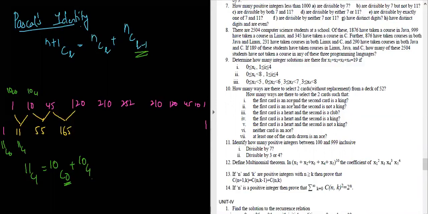and finally you have how many ways are there to select two cards from a deck of 52 cards. The first card is an ace and the second card is a king, etc. So how many ways are there to select two cards? So if you're only selecting two cards, it will be 52C2. But if you are selecting a particular card, then you will have to know the number of cards in a deck of cards. So in a deck of cards, first and foremost,